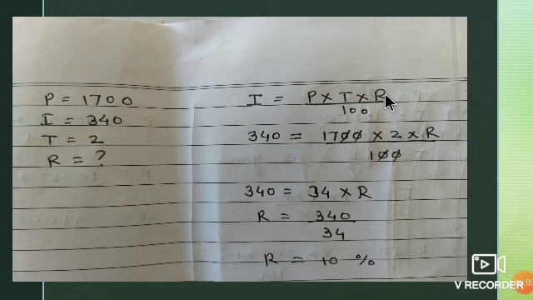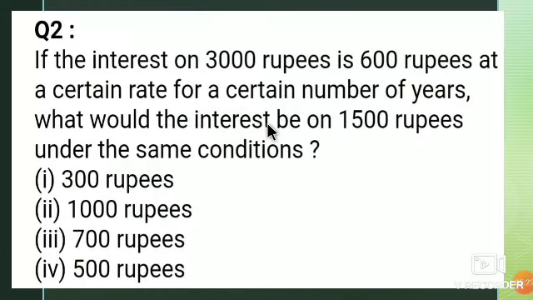In such a case, we cannot find out two values from one formula. Always remember, from these four values, if one is missing, we can find it by using the formula. But here two values are not given, so we cannot solve this question by using this formula. So what should we do? We should state the ratio. How to write the ratio?